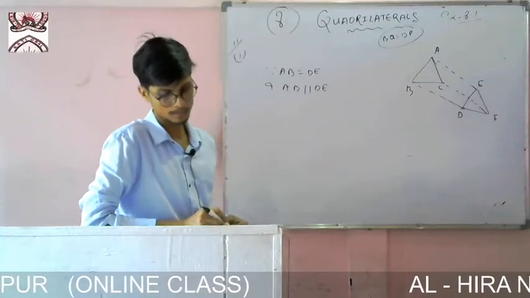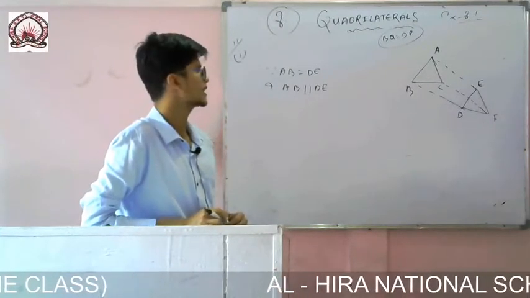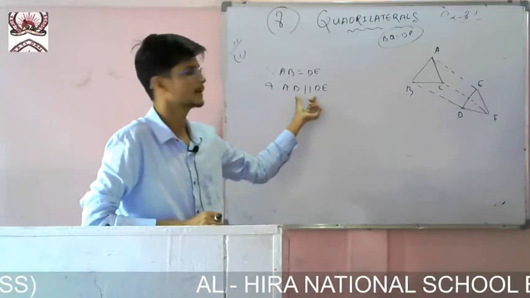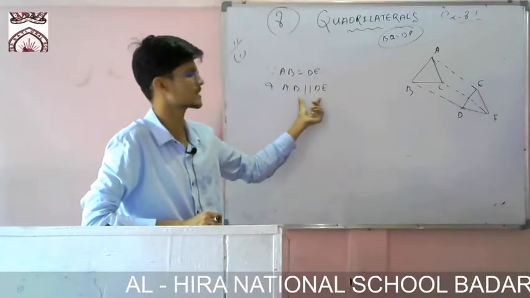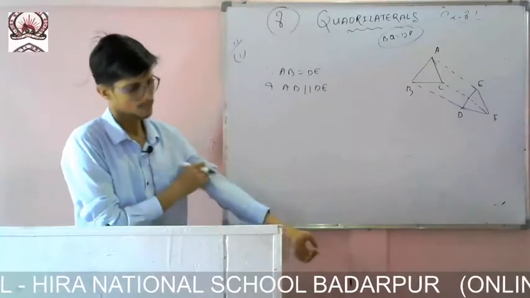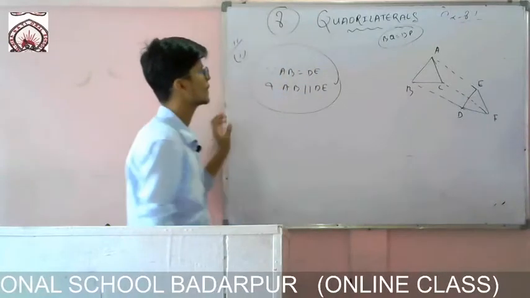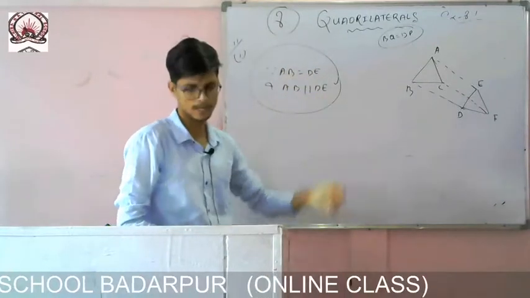When it is a parallelogram, if a pair of opposite sides is parallel and of equal length, we say that it will be a parallelogram. Even if only the opposite sides are parallel to each other and they are equal. So here you see these things are following the criteria of a parallelogram. The sides are also equal and they are parallel to each other.